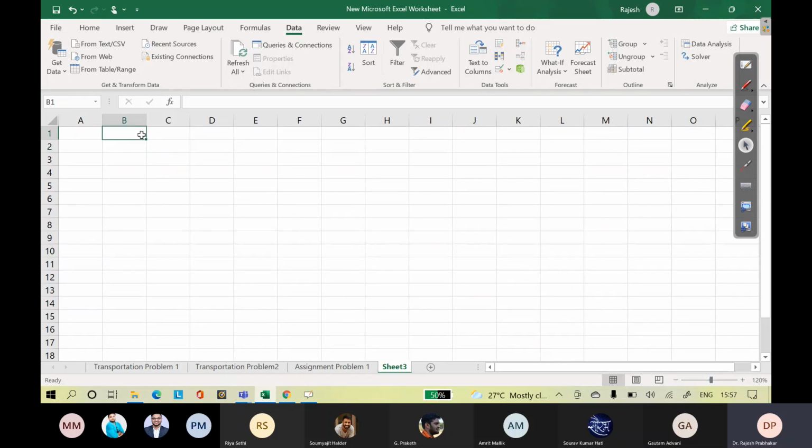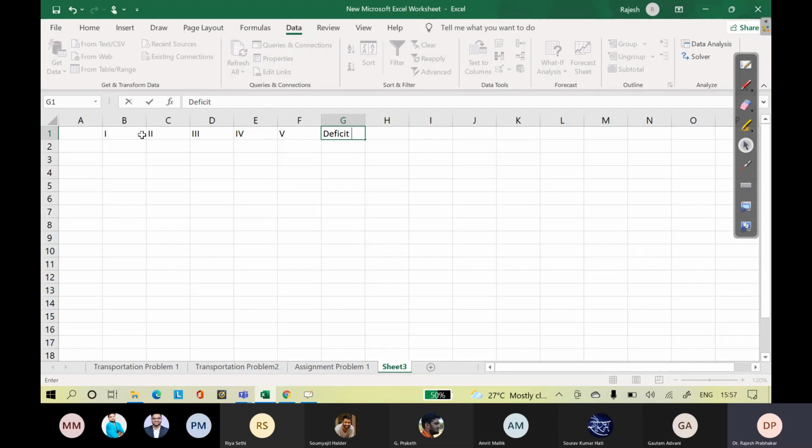Okay. So let us say we have deficit cities: city 1, city 2, city 3, city 4, city 5. These are your deficit cities.